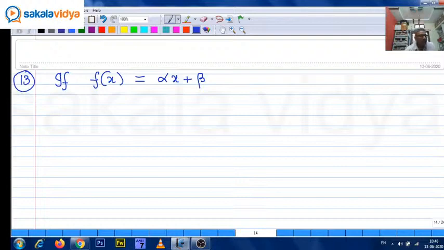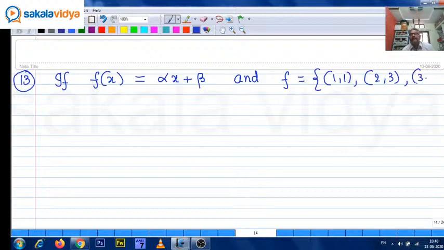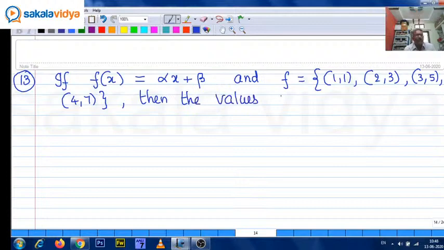If f of x is equal to alpha x plus beta and f equals, in set builder form, {(1, 1), (2, 3), (3, 5), (4, 7)}, then the values of alpha, beta are